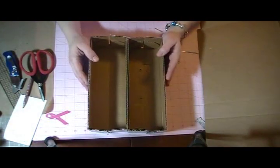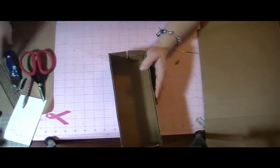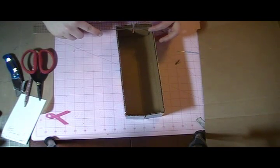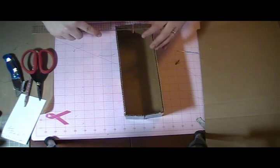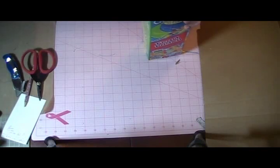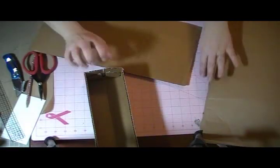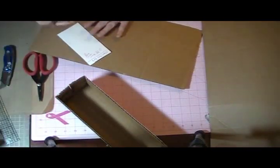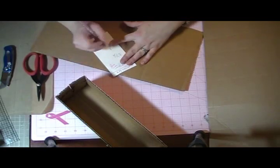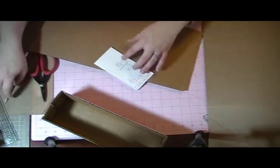Now I didn't prepare any pieces to do this one ahead of time, so that way you guys could see the process of how I figured out the dimensions for the shelf. So what I'm going to do is I'm going to measure across, and we have, looks like about 3.5 inches. Let me measure this side better. The inside would be 3.5 inches. Okay, so what I'm going to do is I need 3.5 inches, and then I want my shelf to be 1.5 inches, so I need to add another 3 inches. So 6.5 inches is what I need to make it, would be the length,